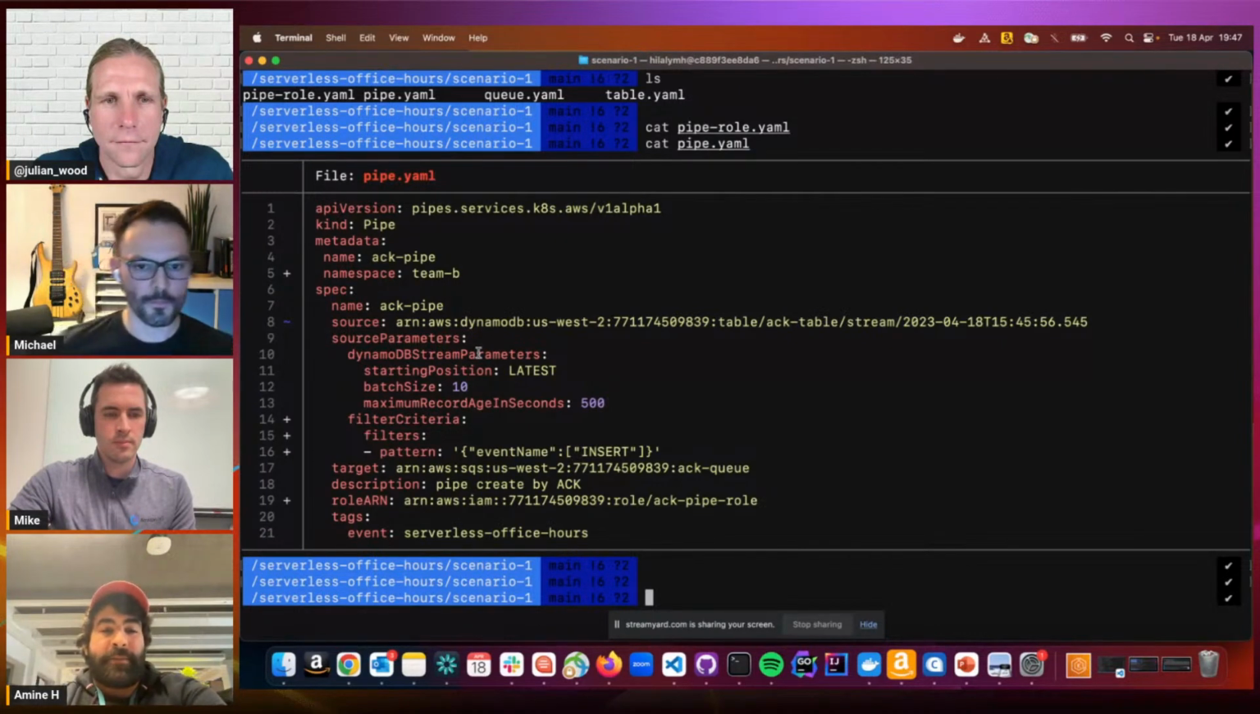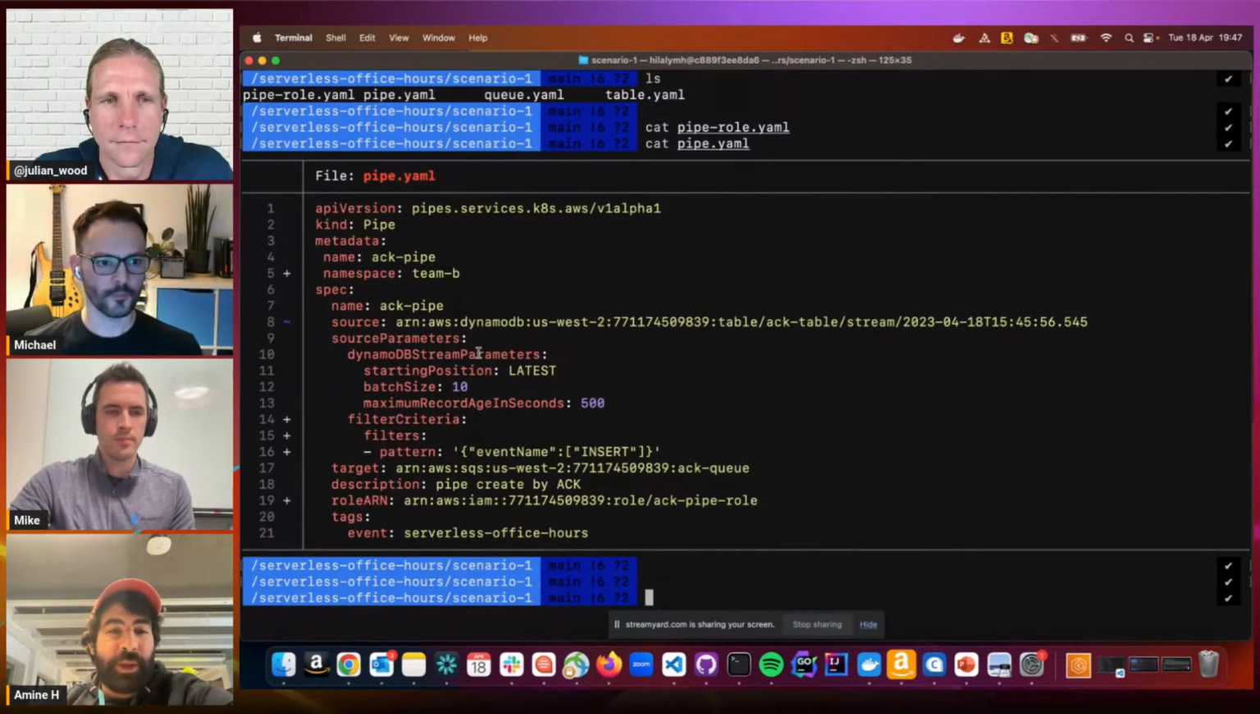So yeah, we're gonna deploy this pipe real quick, like all the other resources. And I think pipe takes a few seconds more than SQS and DynamoDB. I think they're more instant resources, but pipe takes a little bit more time, but it should be fast enough. So quickly on the spec here, we have a source, which is a DynamoDB table stream, and you can